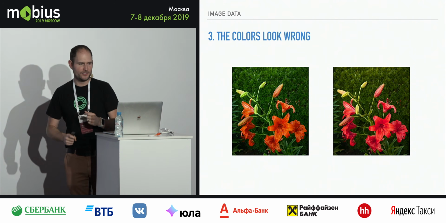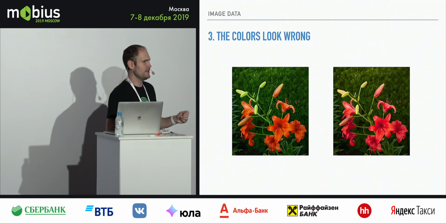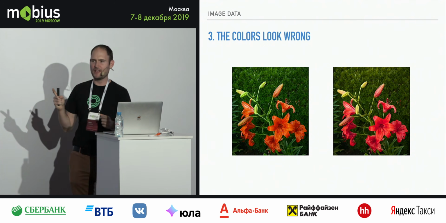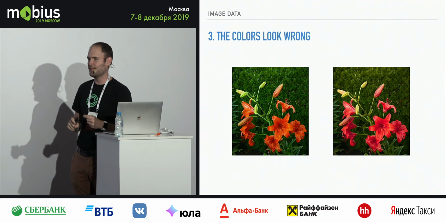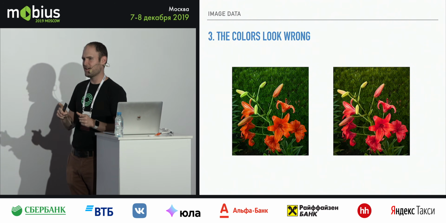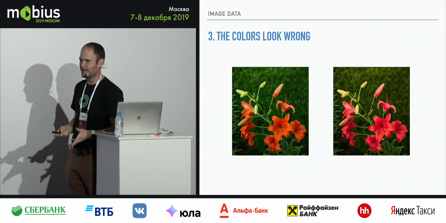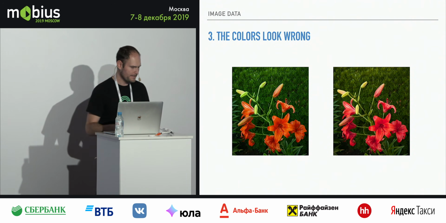Cool. And so now there's one last thing, and this is a newer problem the last few years. When you go to display your image on screen, if you have a very sharp eye, you'll notice the color's a little wrong. You might not notice it. If I didn't have this side by side up here, you probably wouldn't notice it, but the color's wrong. What's going on there? Well,